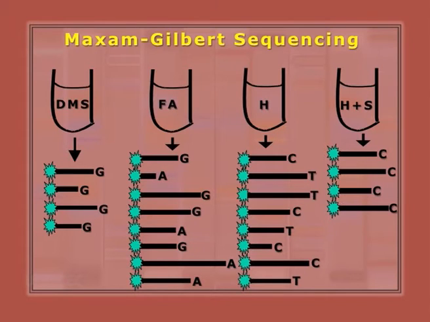Moreover, the DNA that was used is radiolabeled at the 5' end using gamma P32 radiolabeled isotope. You can see here that in one set the DNA is cleaved at G. On the other hand, there are certain chemicals that will cleave the DNA after A or G, meaning all the purines, and the third will be cleaving it at pyrimidines only, C and T, and the fourth one will be cleaving it at only the cytosine residues.